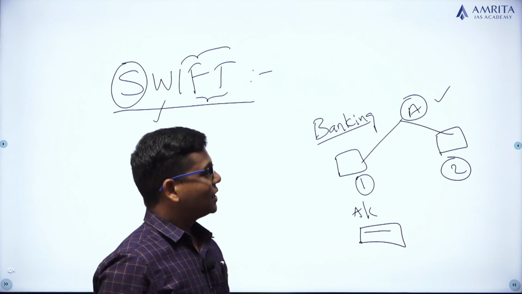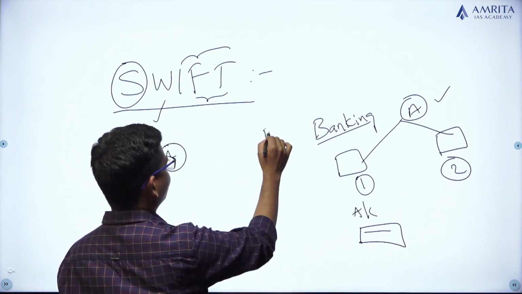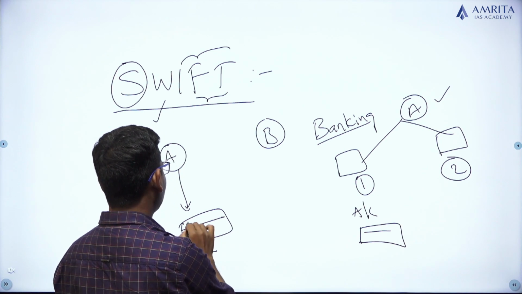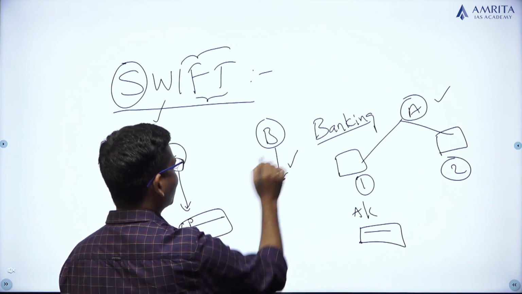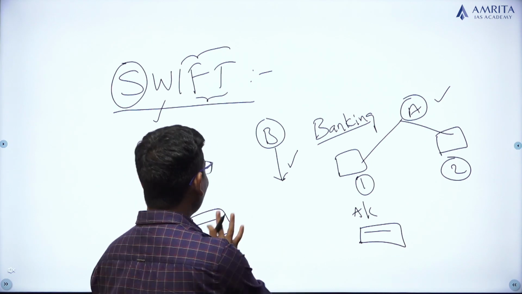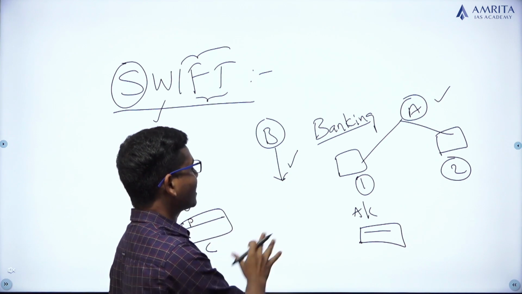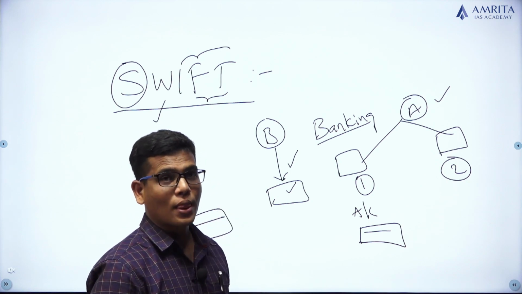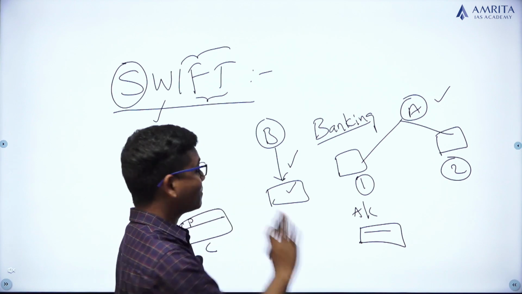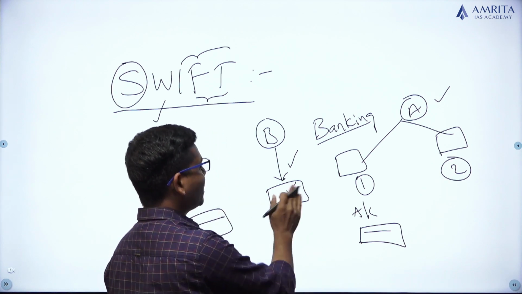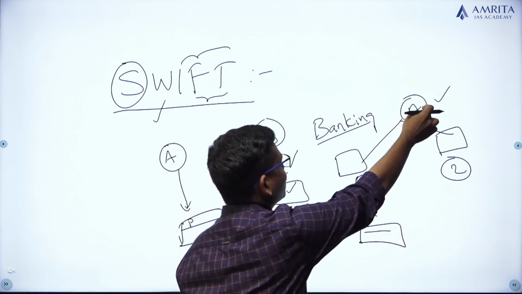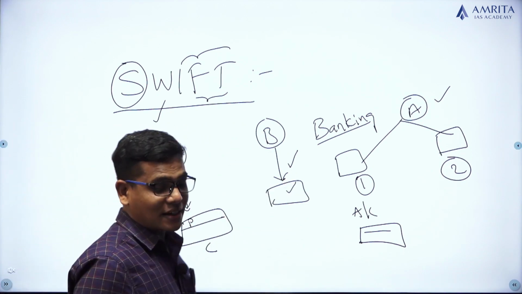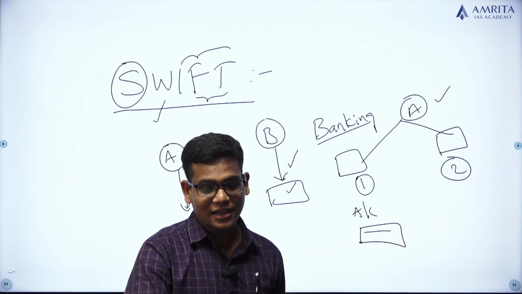But suppose the transaction is happening between two banks, A and B, and a person holding an account in bank A has issued a check in the name of a person holding an account in bank B. Now the same bank cannot verify it because the details are not with this bank. This bank only knows that this person has an account and has money. So who will do this? It will not be done by a single bank here, but by specialized banks, or normally a bank can do it, but that particular function we call